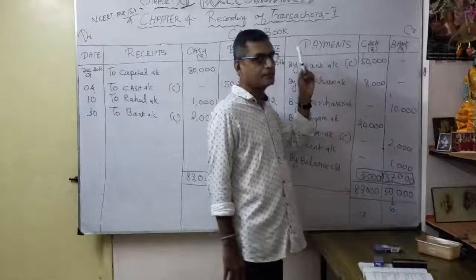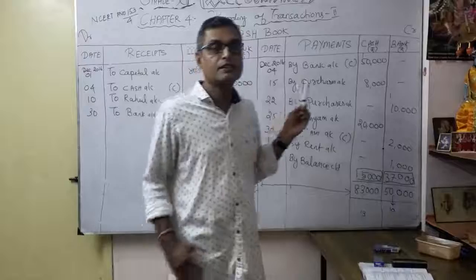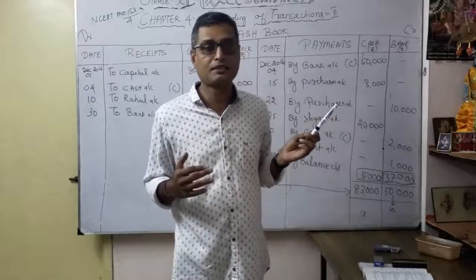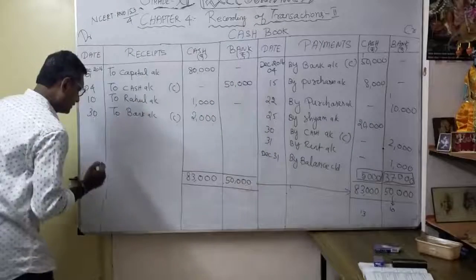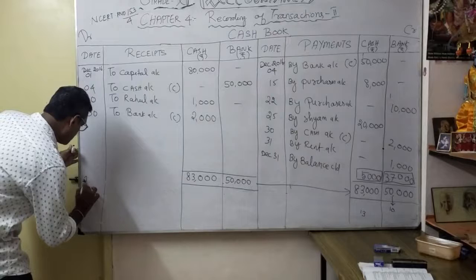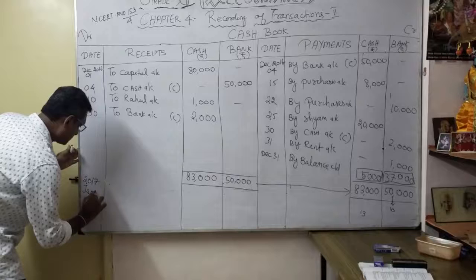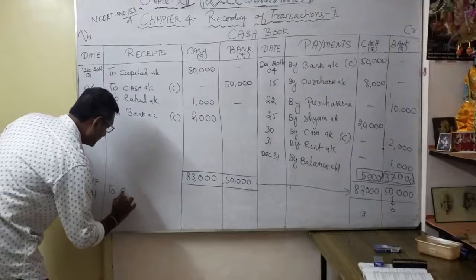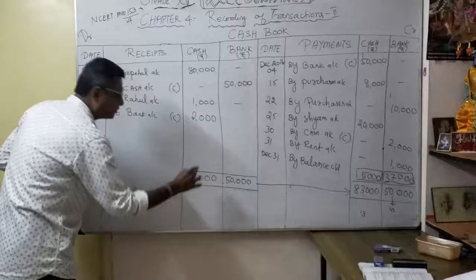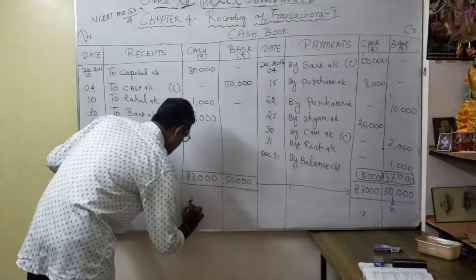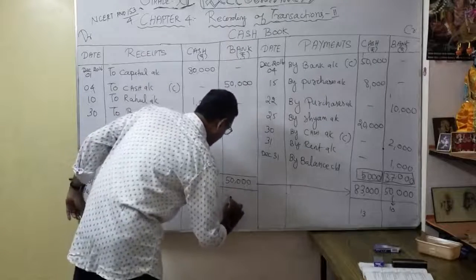Okay, in both the payment and receipt side, for each transaction it is very important whether it is coming under cash transaction or bank transaction. Here, what you are going to do next, I carry over. See here, this is 2017, next year, correct? So I put Jan 1. To balance, brought down how much? Cash is 5,000, cash in hand, in my cash column. The bank is 37.